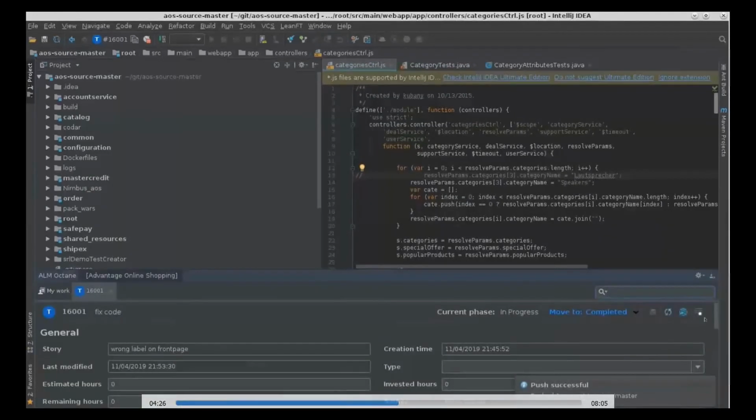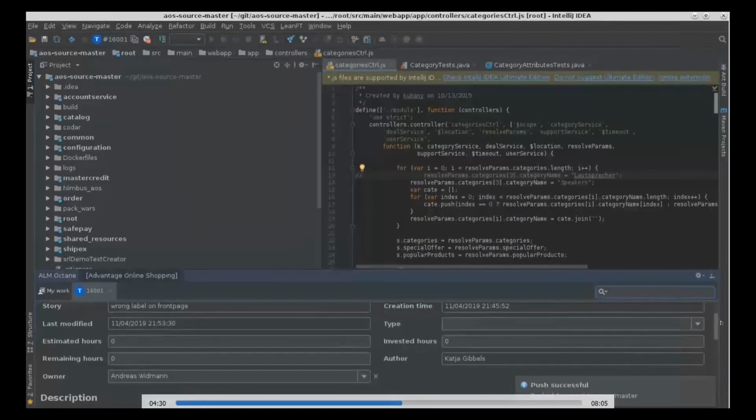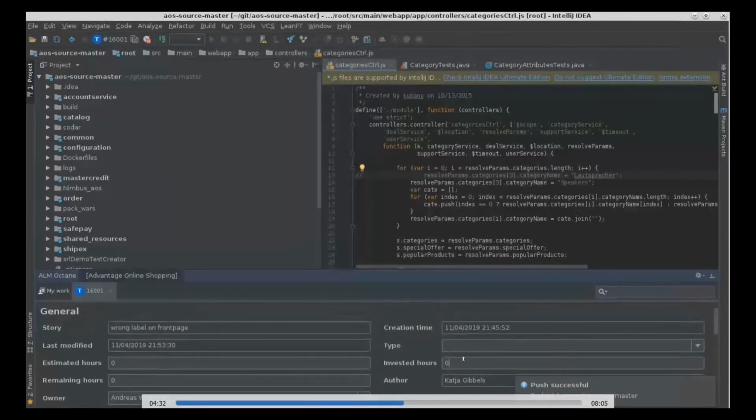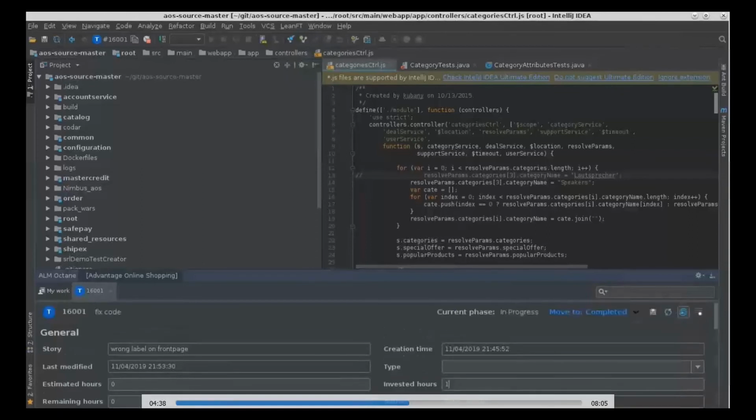Using the Octane plugin in your favorite IDE, you can say, okay, this is the task I'm currently working on. The job is complete. I spent 1 hour fixing this issue, so I can provide information about that, and I move the status of this task to completed.